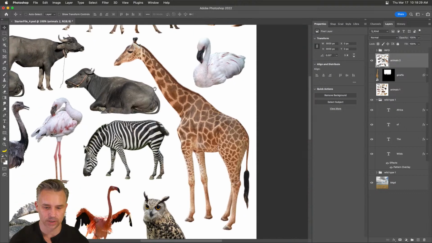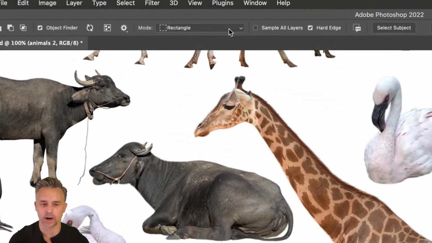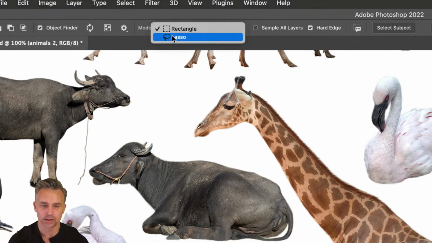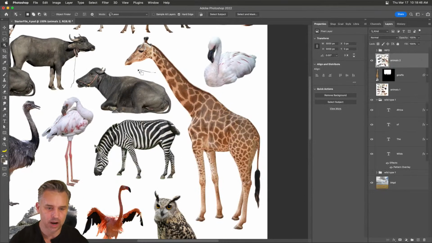So I'm going to come over here. This is what I'm going to do. You ready for this? Use my object selection tool. If you don't want to wait for this process, there's more customization you can do right up here. A lot of times I could use the lasso tool, right? And I could even turn this off. Say turn off object finder. I just want to grab this